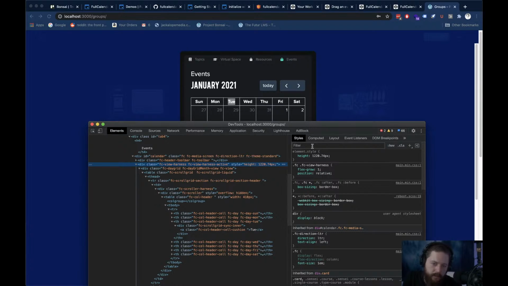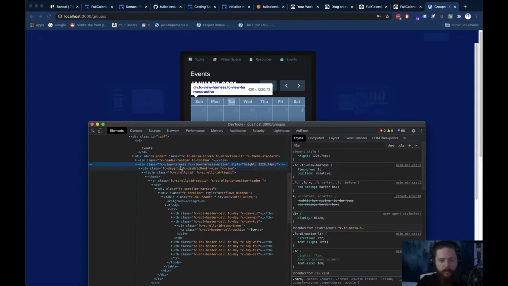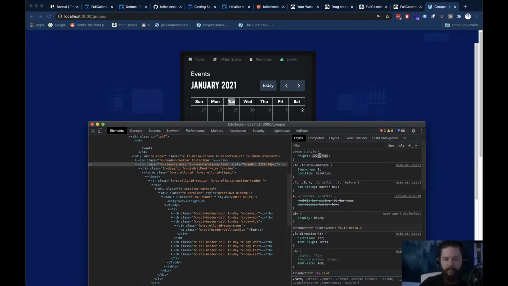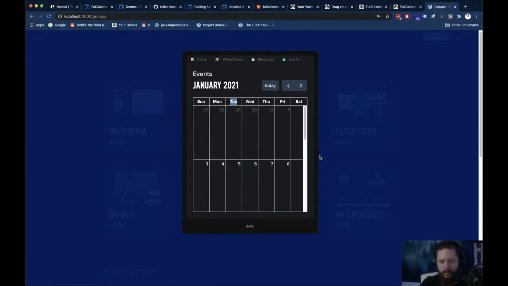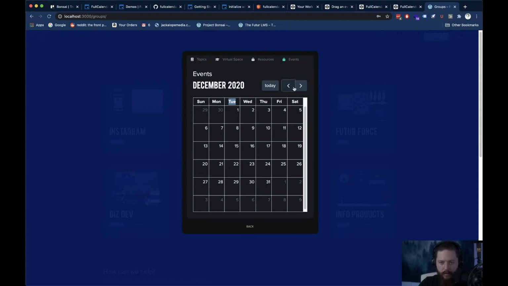What if we gave the view harness an override, gave it a fixed height? And then can you just,